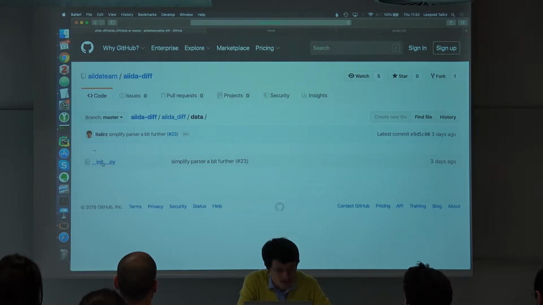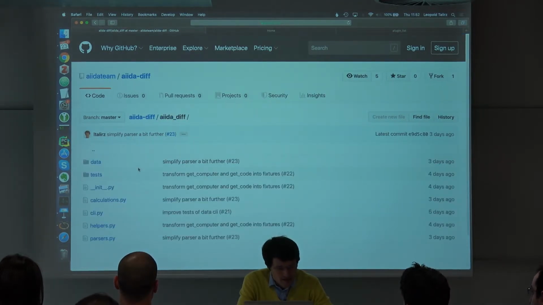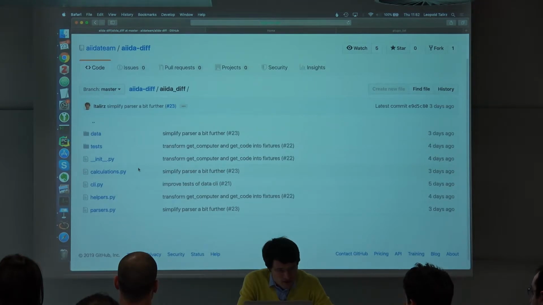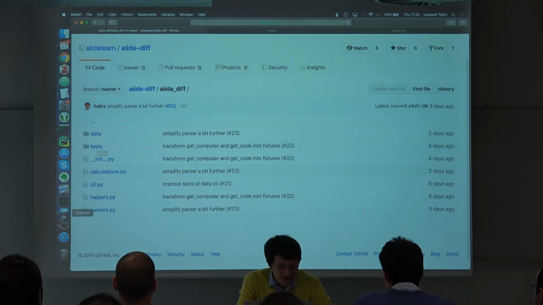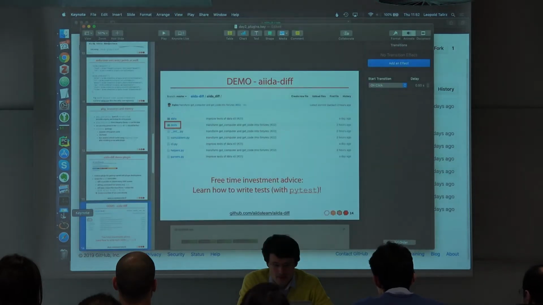And again, this init.py is just a Python convention. If you want to be able to import a folder, the folder needs to have an init.py. And one last thing I want to point out: it also provides some command line extensions, and very important, it has tests. So this brings me back to my